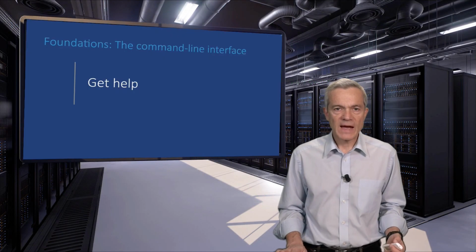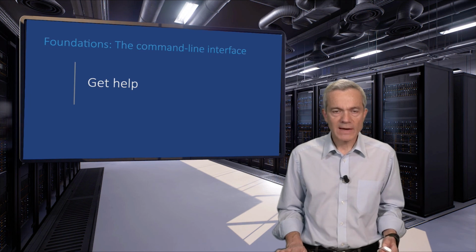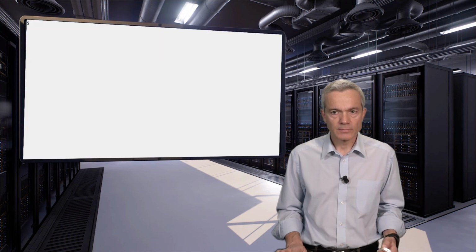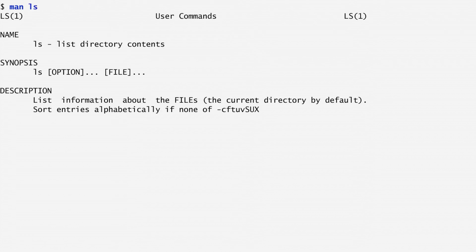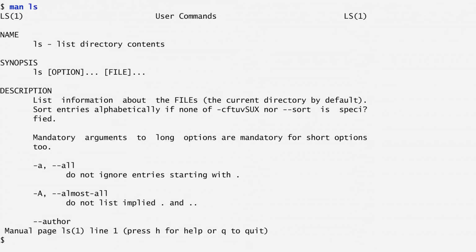Right, but you may ask me, how can I remember all the command line options? The man command shows the documentation of a specific command. So, man ls shows the documentation of ls, the manual page of ls, including all the options in both their short and long format. The manual appears page by page by pressing the space button, while with Q we can quit the manual listing and return to the command prompt.